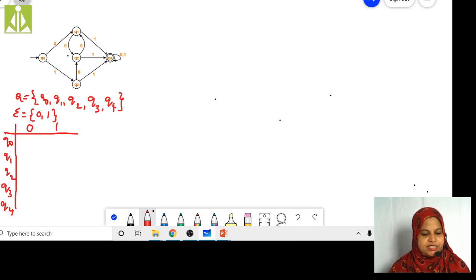Q0 is the initial state. Which one is the final state? Q4 is the final state. I am going to circle this one. We can put a star mark on this one, or else we can use this Q4. Now, Q0 on 0: